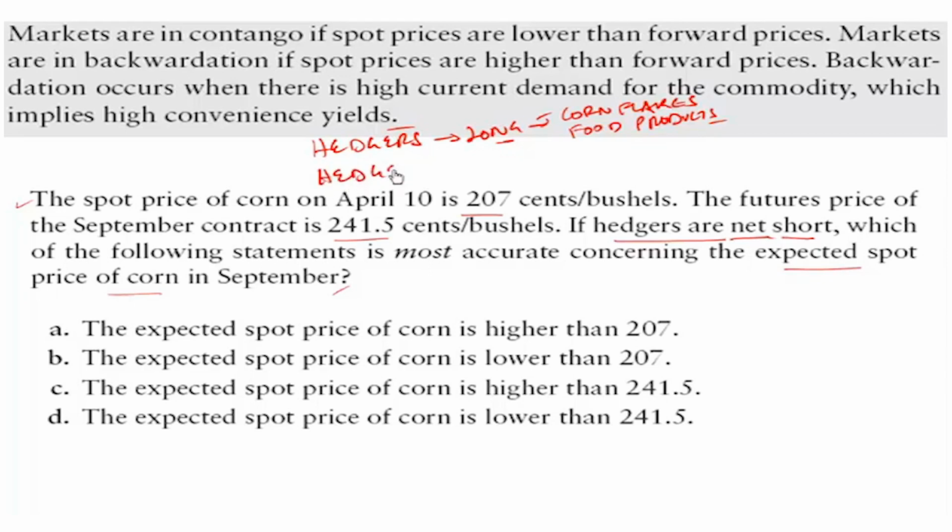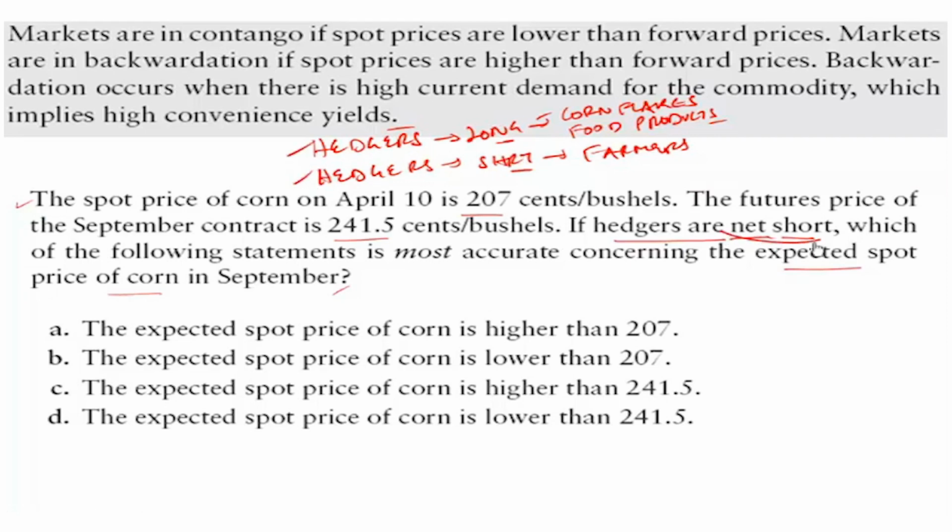Who will be the short hedgers in the forward contract? It will primarily be the farmers, because if they produce all the corn and then there is no buyer, then it will be a problem. So they would want to enter a short contract today to fix the price of corn. So hedgers are longing, and there are some hedgers who are shorting. Now what matters is which side is more.